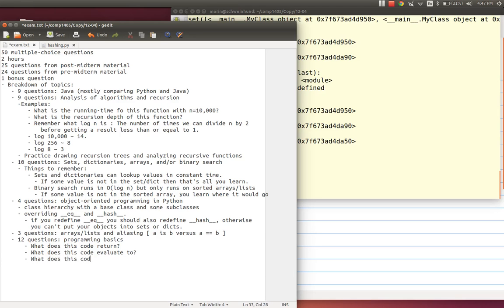Generally, what does this code do? Or what is this code doing? Okay. So that's going right back to things like simple arithmetic expressions, to make sure you understand how those things work. Things like order of operations, precedence, and so on.